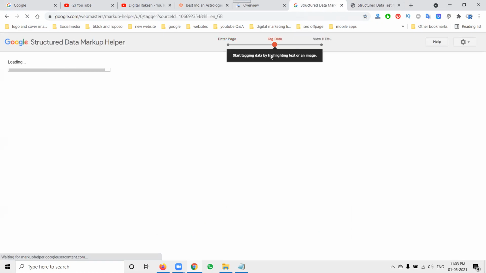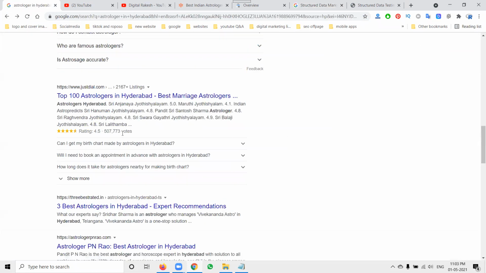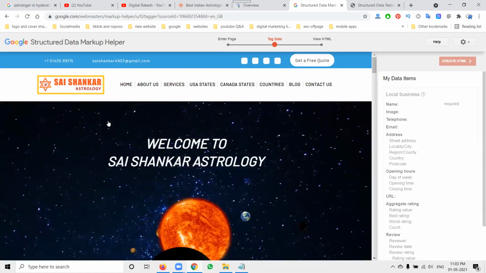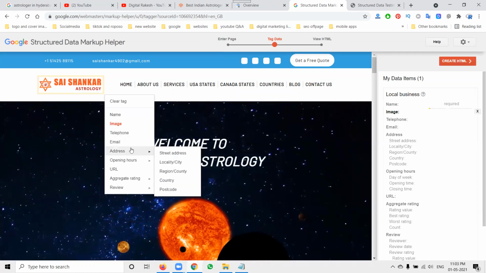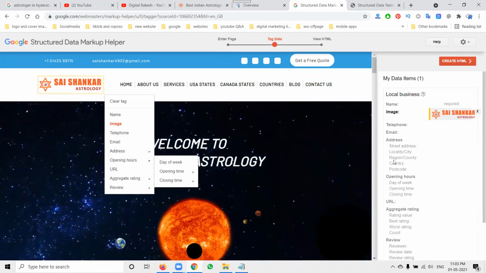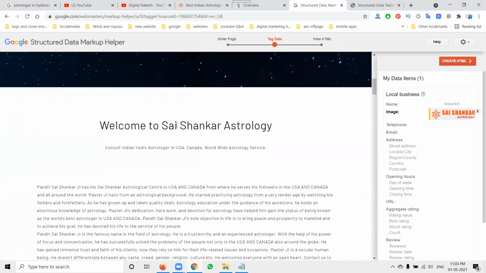Here, first of all, tag the data. They create all options. How are rating and other options created? Every option is created from the structured data option. Here, first select the image. So what are the options here? Select all options here. Now, name: any name will be here.